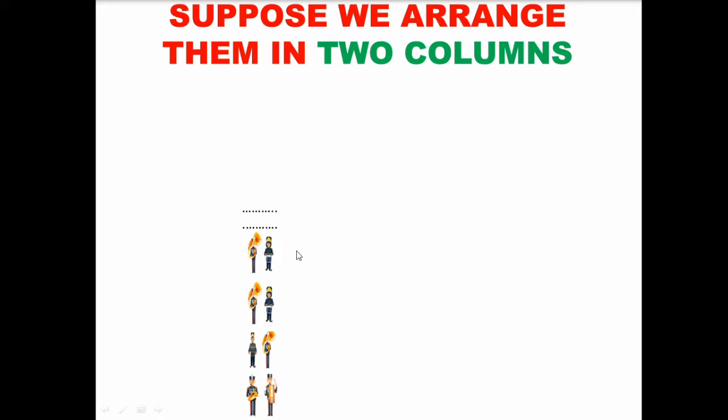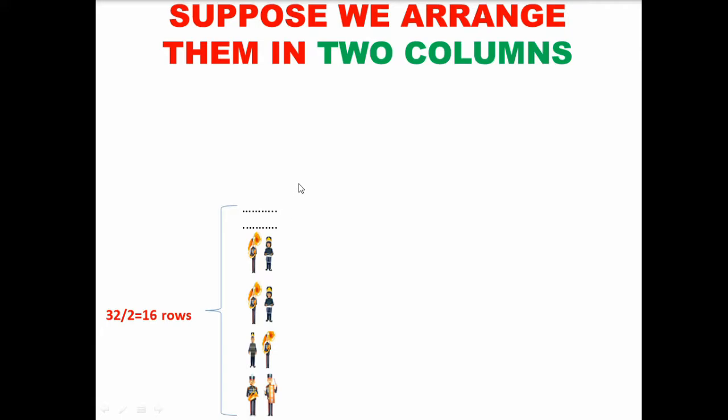They go on up to how many rows? They are totally 32 in number, isn't it? And I have arranged them in two columns, so automatically there will be 16 rows of band members. I have given only 4 rows, but you imagine there will be 16 rows of band members. This is my first row, second row, third row, fourth row. Likewise, it goes on up to 16 rows.